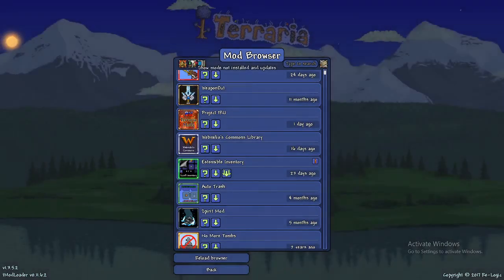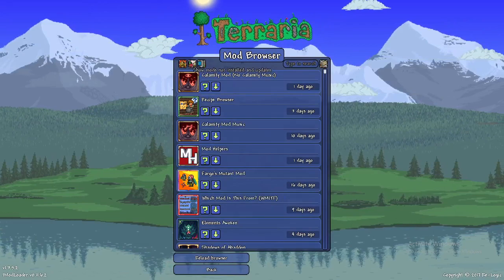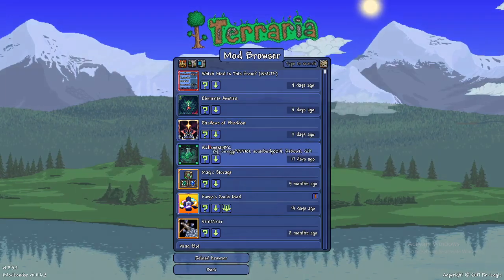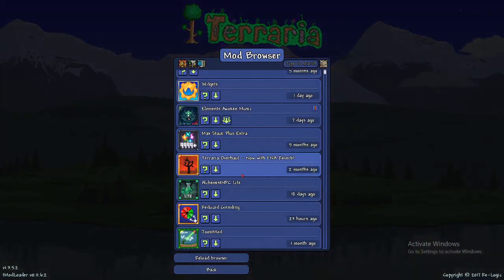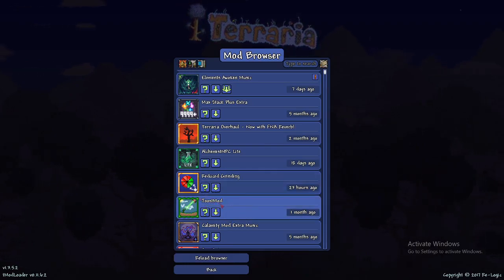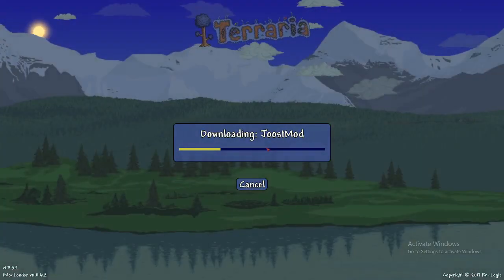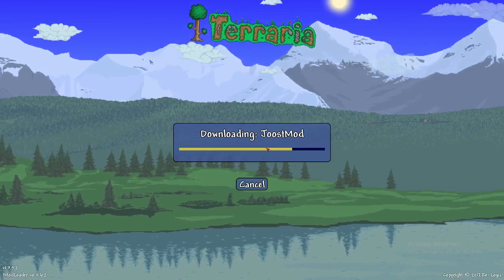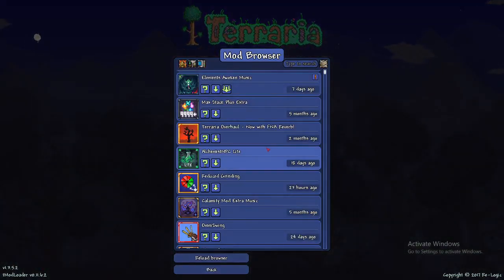So we can download a lot of things from here. This is the easiest way to download things. It's very easy and it